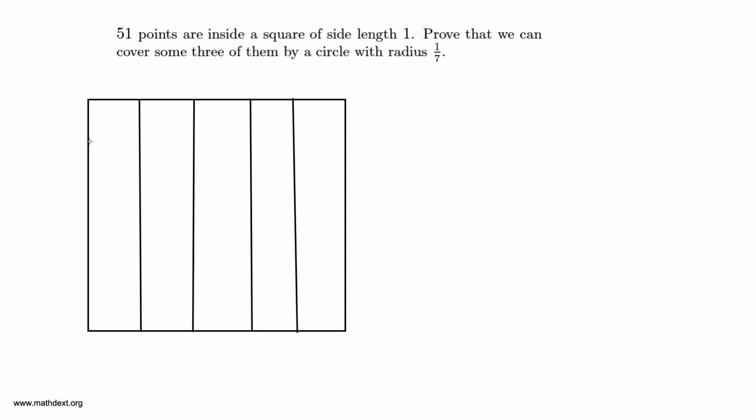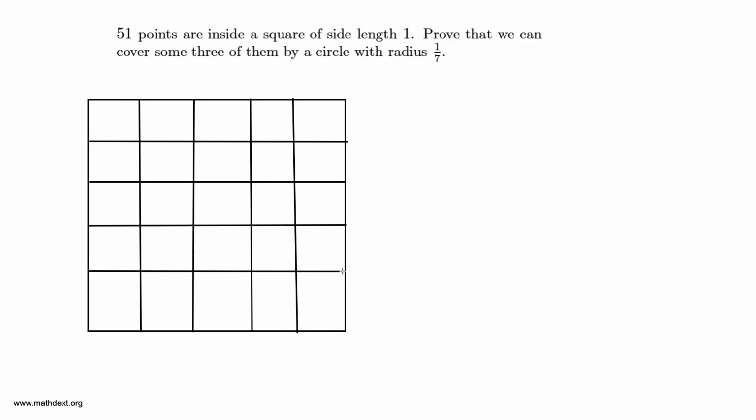25 1/5 by 1/5 squares because you see in the problem statement that 51 is pretty close to 50, and 50 is 2 times 25. So it would make sense to do something in terms of 25 because otherwise 51 wouldn't be an awfully convenient number, would it? Okay, so I'm going to claim that some three of them are inside one of these 25